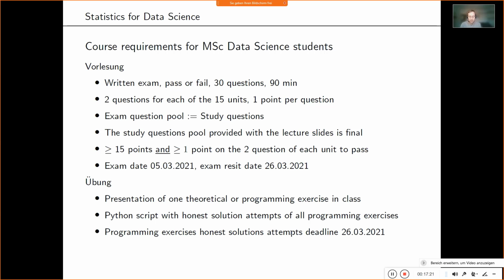If you are sick and you have a doctor's notice that you are sick either for the real exam date or for the exam reset date, of course we will find another date to do the exam, but you really need a doctor's notice. It's not that you decide not to come because you're not prepared enough or something. That's not enough. It's a proper exam date. You need to show up, write it, and if you fail, you can retake it once.